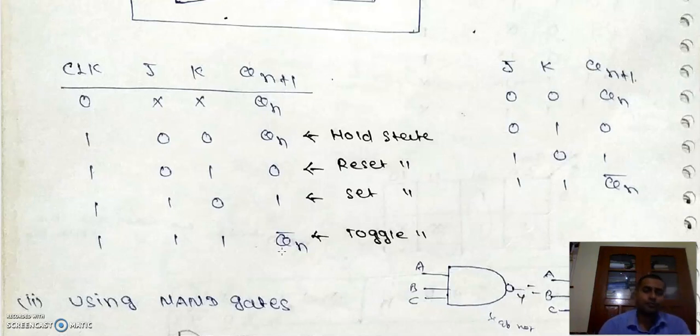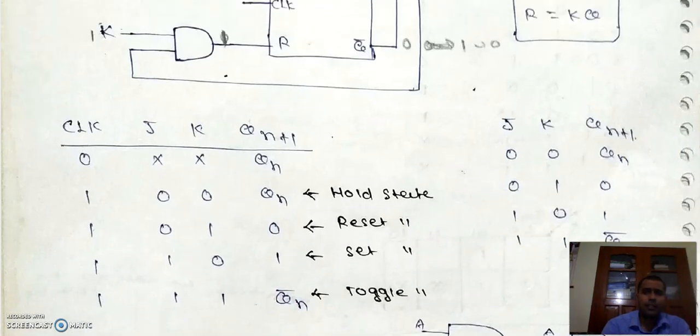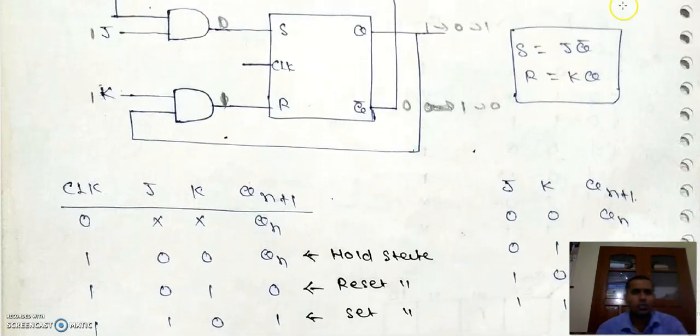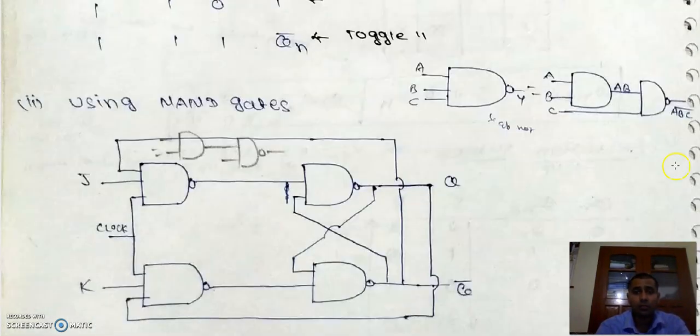Now here for making the JK flip flop, we have used this one AND gate. And in the SR flip flop we have seen the NAND gate. If this one is NAND, we can write it in this manner: AB and then 2 input NAND ABC bar, both are the same, but when you realize this circuit and this circuit, the number of transistors will be different.